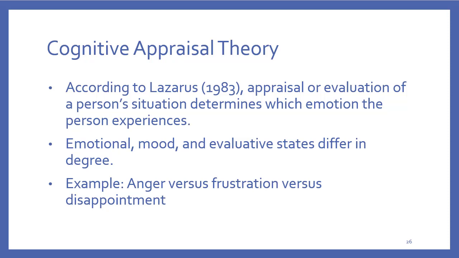Okay. So emotional, mood, and evaluative states differ in degree. Emotional states, or the way that we evaluate or appraise emotional states, are usually pretty susceptible to whatever you're feeling, because we tend to treat feelings as inalienable, meaning that the way that they are is the way that they are, and we try to make the world make sense around the feeling. So in that way, we give more weight to the appraisal of emotional states.